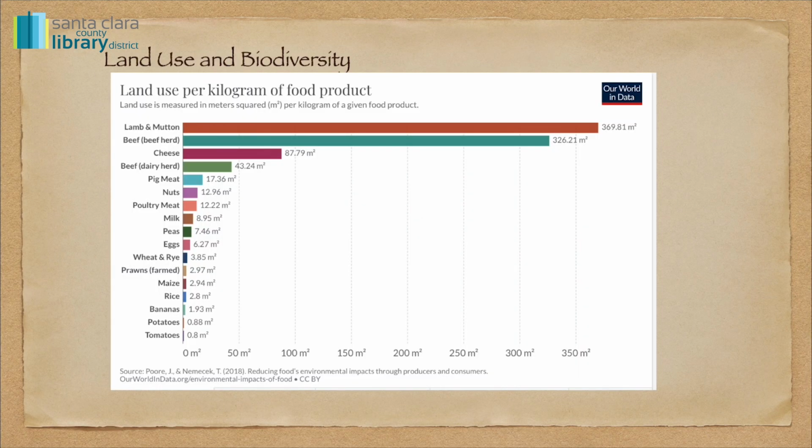The usage of global freshwater for agriculture amounts to about 70%. Freshwater is required